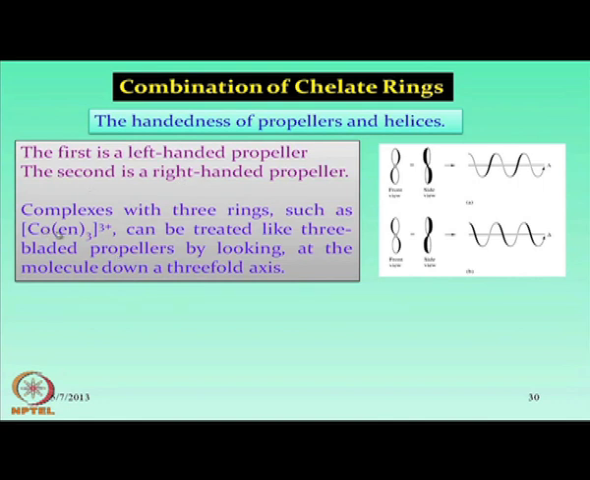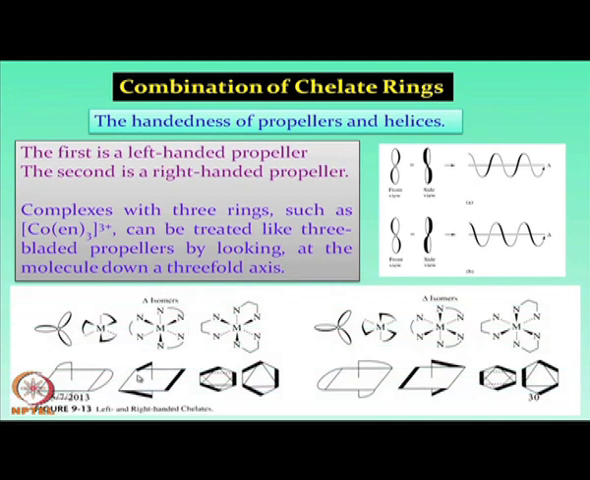So we already discussed all these things, that means the cobalt tris(ethylenediamine) has 3 bladed propellers, looking at the molecule down the 3-fold axis. So we can consider these blades, this one or this one or this one. When we consider the connectivity from this side to this side, and this to this, it is in the counterclockwise direction. So we have the lambda isomer,